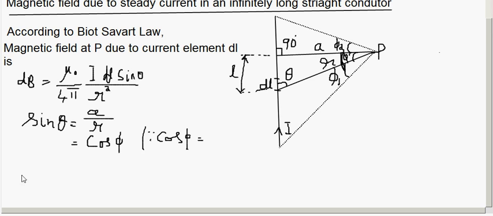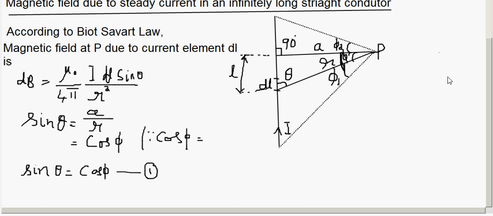We got one equation: sin theta equal to cos phi. Call this equation number 1. So in this equation I can replace sin theta by cos phi. Now next,